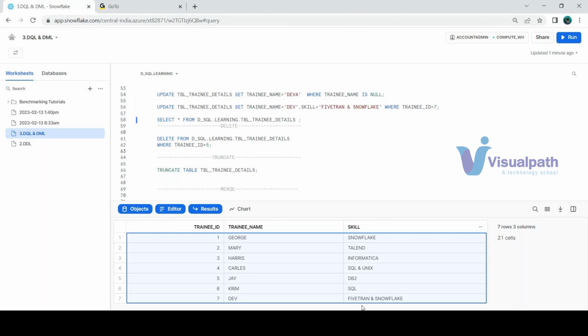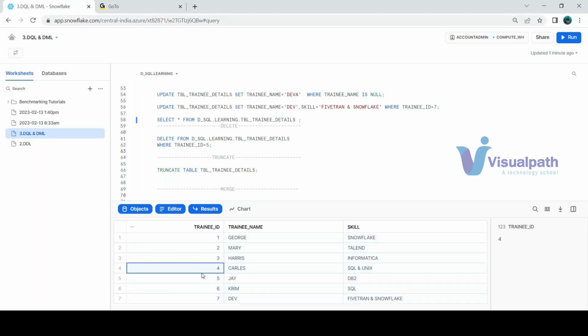Now the requirement is that this particular trainee ID 5, who is J, doesn't belong to our training institution. So we need to remove that record. That particular record only I have to remove. Then I'll go with the delete statement with the criteria of a filter condition. So delete from